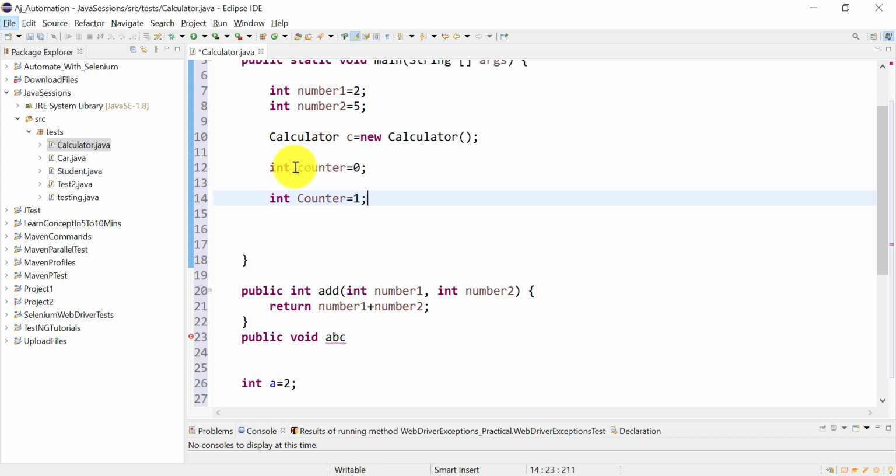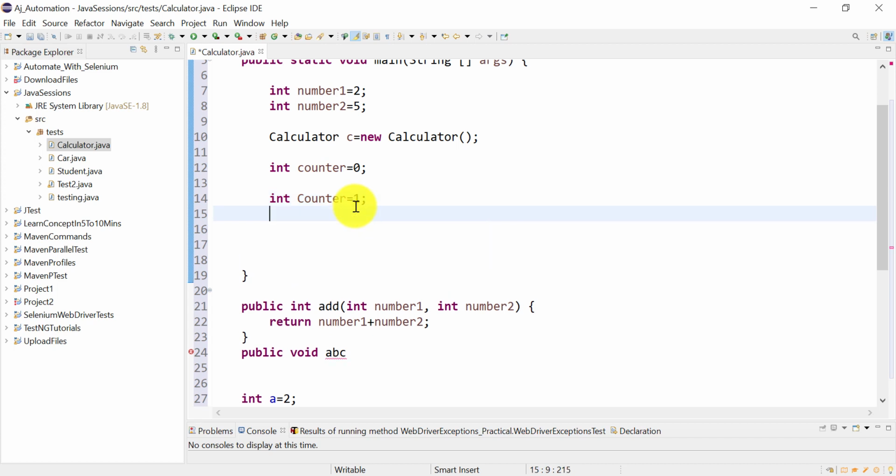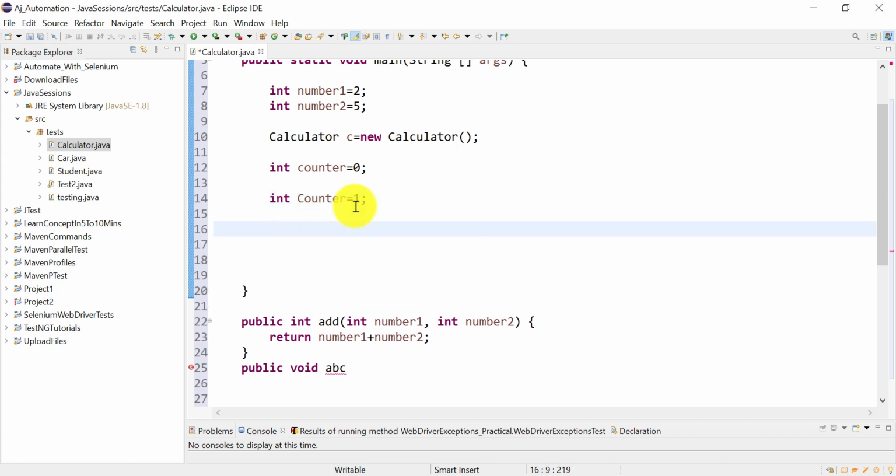You can see the pronunciation is the same, counter variable. But as Java is a case sensitive language, it will treat these two variables as different variables. Here we have small c, here we have capital C, so that's why these are different variables. Another combination you can use is like this, counter equal to 2.